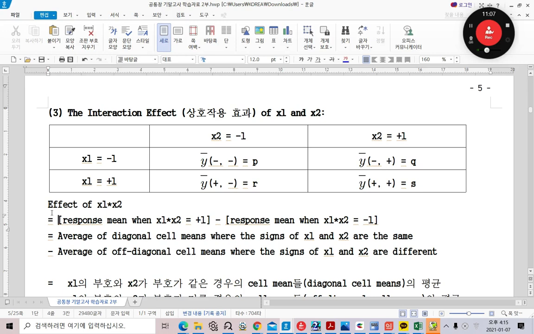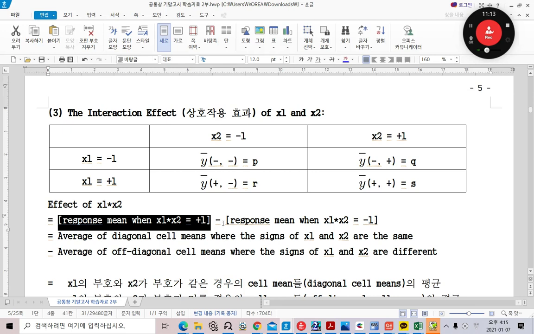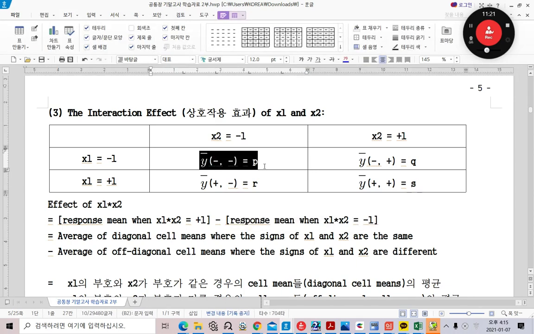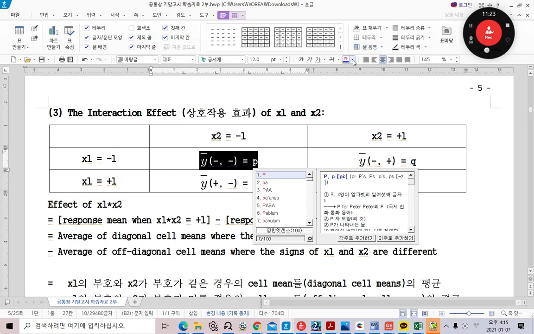Effect of x1 times x2 equals response mean when x1 times x2 is positive 1 minus response mean when x1 times x2 is negative 1. Okay, now look at this cell. In this cell, x1 times x2 is